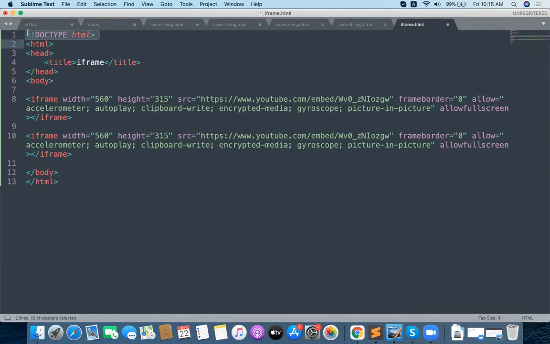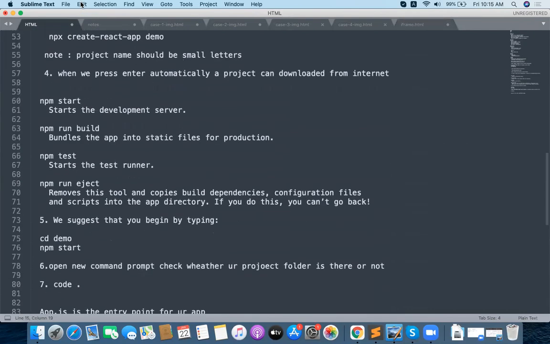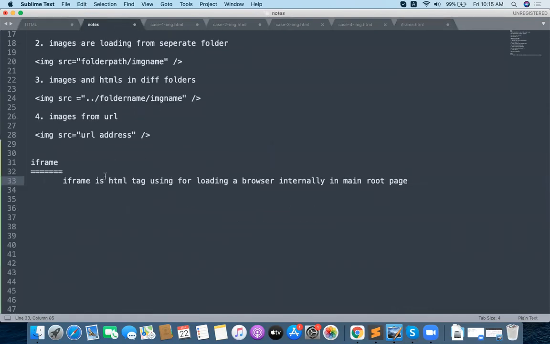Okay, you do practice with images and iframes today. In the next class I want to design one simple application with the table layout, one simple gallery application. And we want to finish up forms in the next class: sign up form, sign in form, all the form related content. And we will finish off HTML in tomorrow's class.